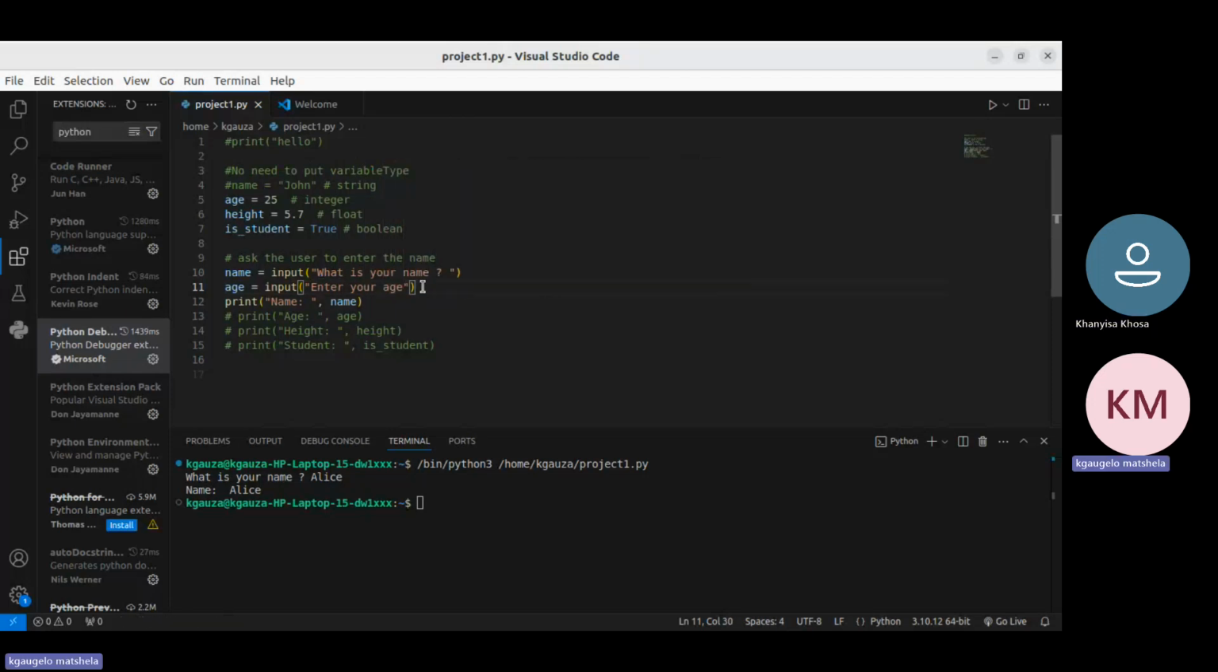So after saying enter your age, I'm just going to comment this one out, the printing part, and also I can comment that one there out, right? So this one is going to ask the user to enter the age and store it under the variable age there. So it means this age will be the one that contains the